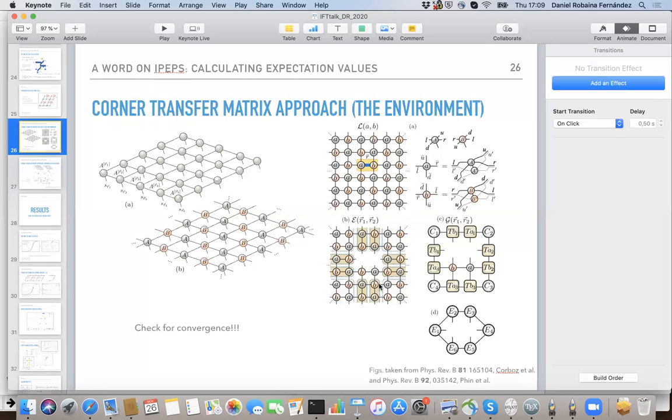So in this approach, if you want to calculate an expectation value here, for example, if you want to calculate what is the environment contributing to this corner tensor here, you take all of this corner and you contract everything into this one tensor, and then you do the same thing for this row, for this column, for this other, and then you build in this way this environment around your. I see. Right. I see.